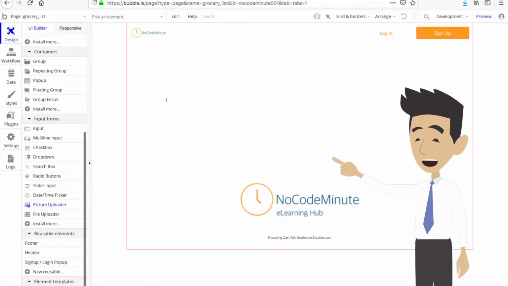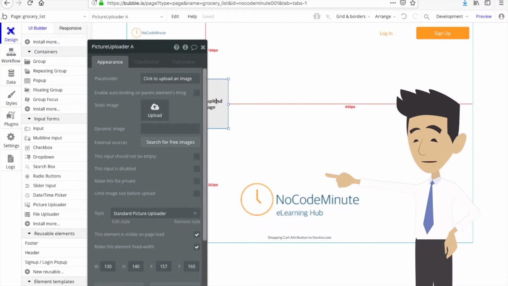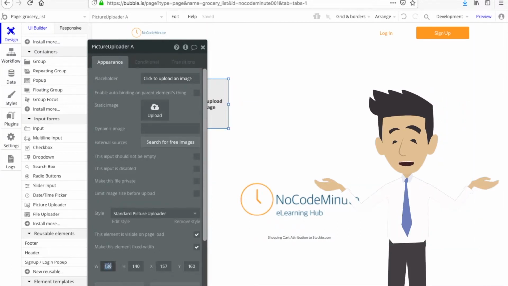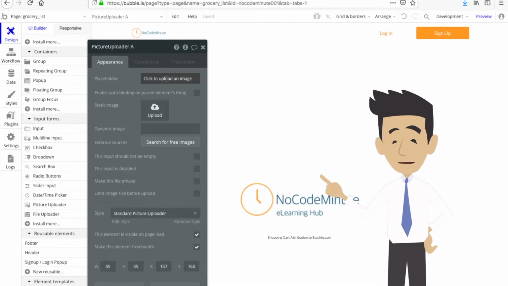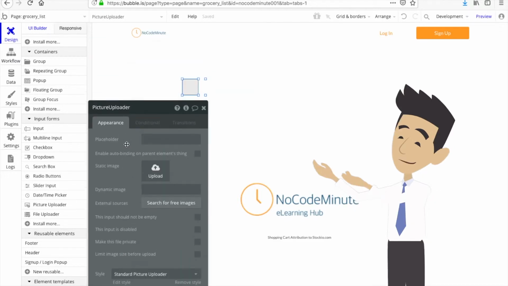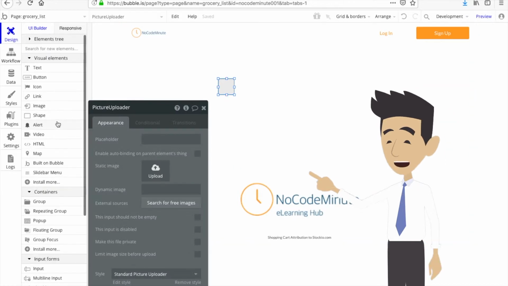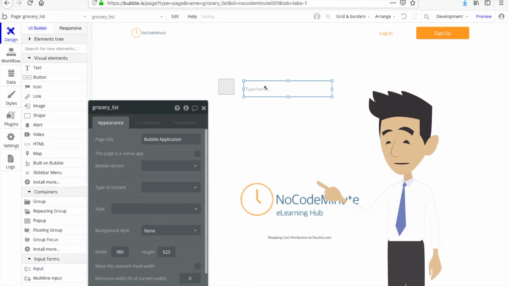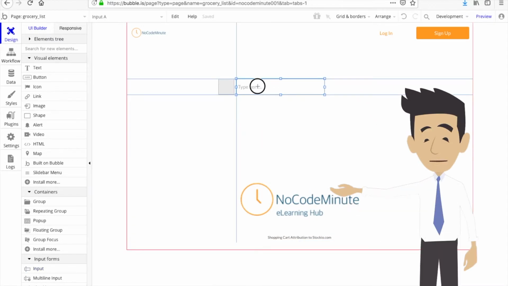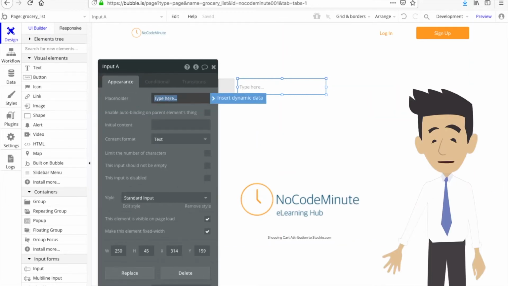So here's the picture uploader. Add that. We're going to make it 45 by 45 width and height, and delete this text. Then we're going to do the text input, drop that on the screen, put it right next to the picture uploader, make that 10 pixels apart, type in description,